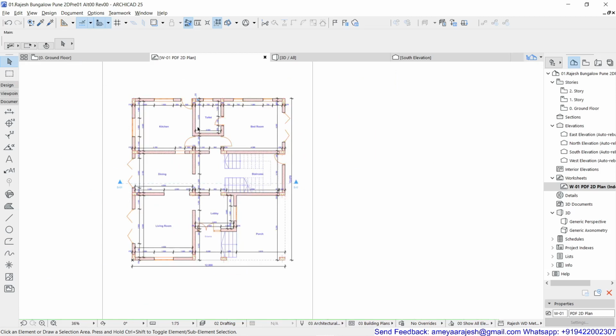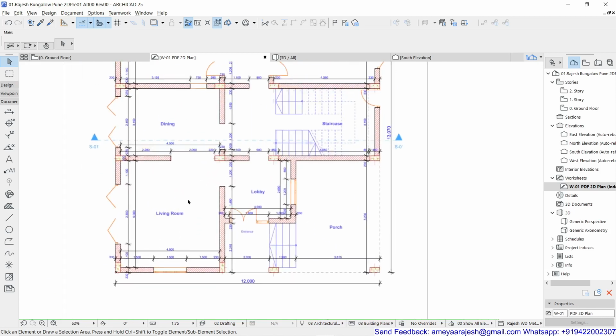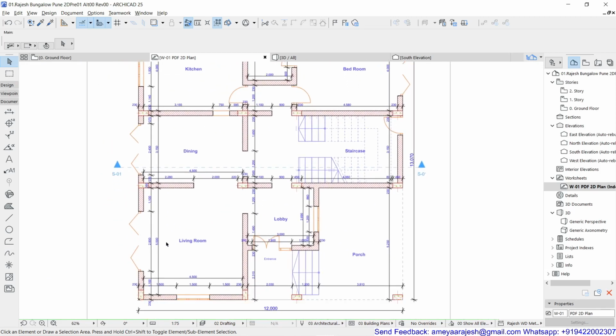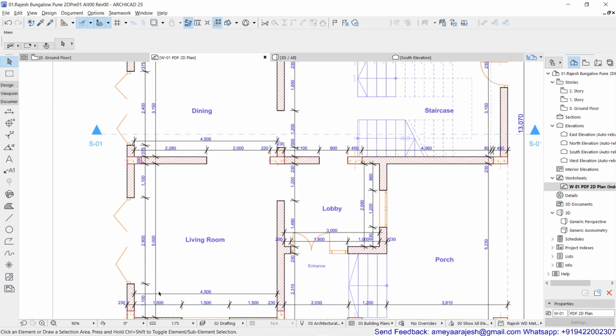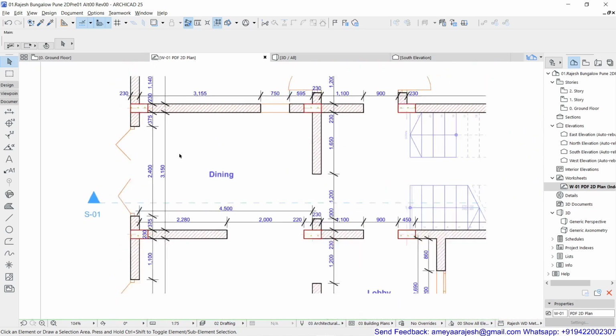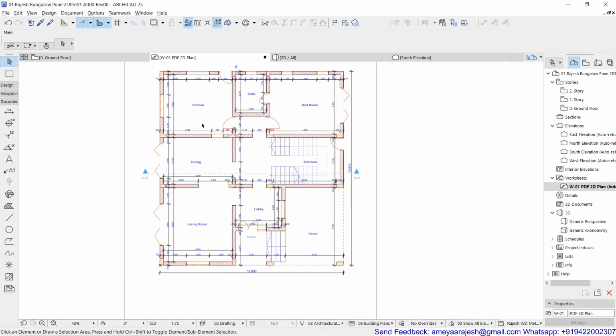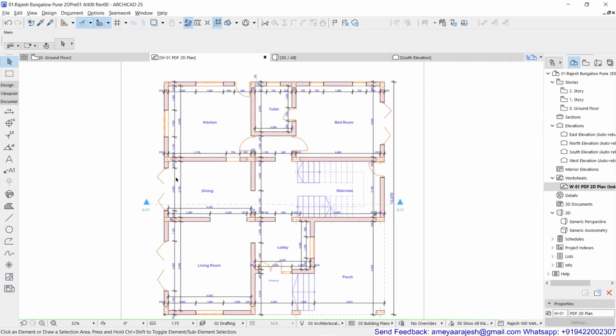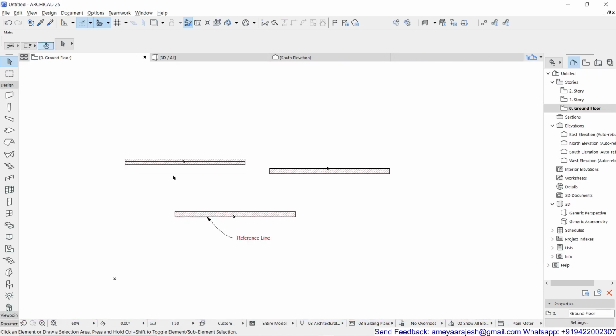Okay, so this entire thing we are going to construct, and we'll keep on coming here again and again just to refer that now this is 4500 as a clear distance, then 5 meter was another distance, 3150 was the next distance, and so on.